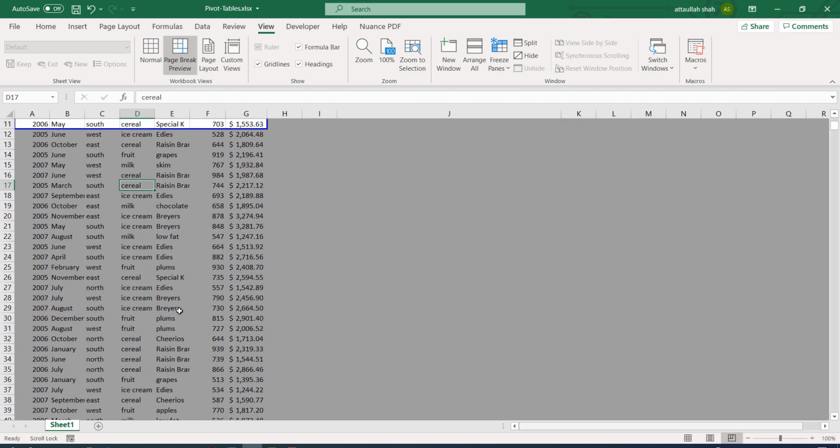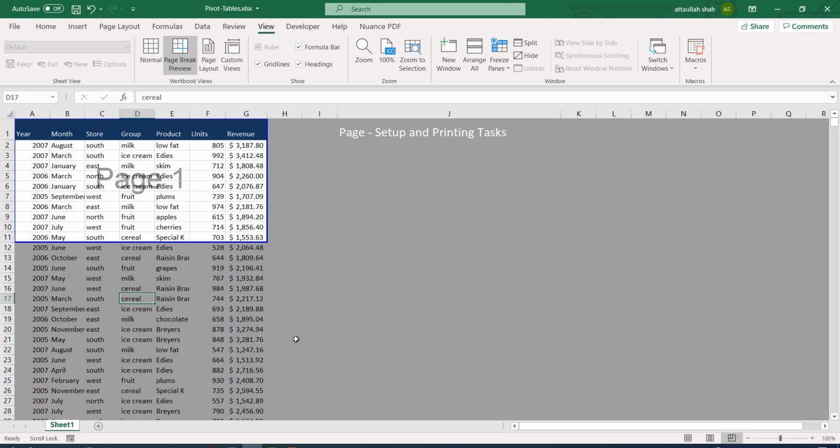And this specific layout is very useful in a sense that it not only highlights the specific active print area, but it also enables you to modify the print area. So right now we have a very thick blue line around the print area, and it allows us to modify this area.